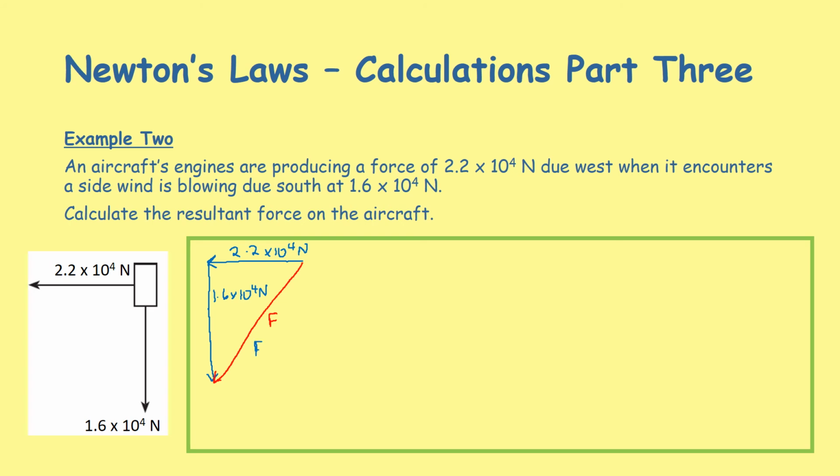So we know Pythagoras is the hypotenuse squared equals the addition of our other two sides squared. So F squared equals 2.2 times 10 to the power of 4 all squared, remember your brackets, plus 1.6 times 10 to the power of 4 all squared. So our F squared is equal to 7.4 times 10 to the power of 8. And square rooting that, we get an answer of